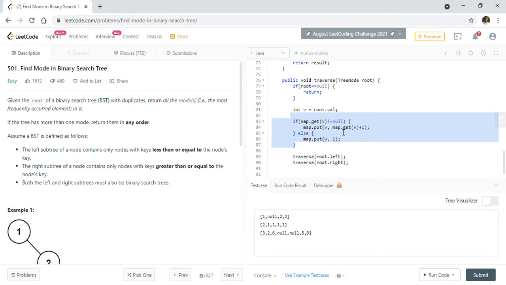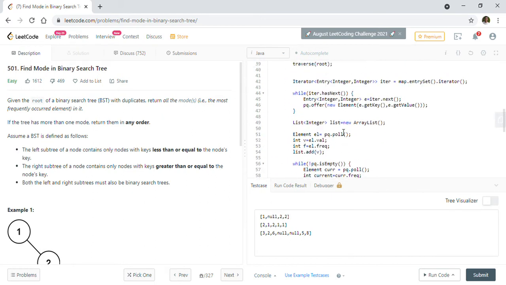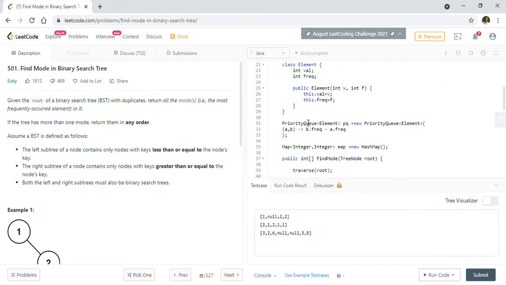And then, once that is done, I am going to use a priority queue, based on the frequency of all the elements in decreasing order, so the most frequent element will be on the top of the priority queue. So I created a small class called Element which holds value and frequency.